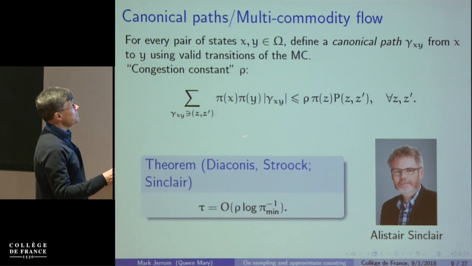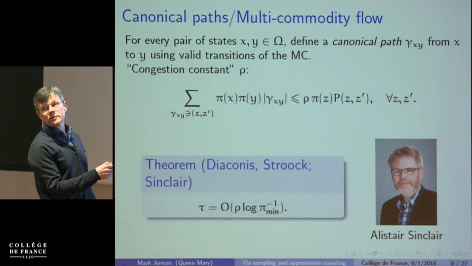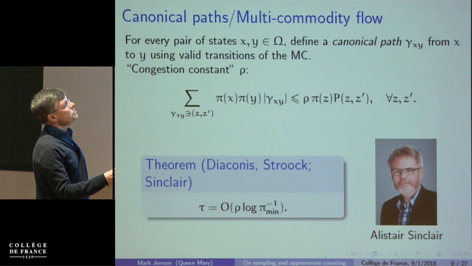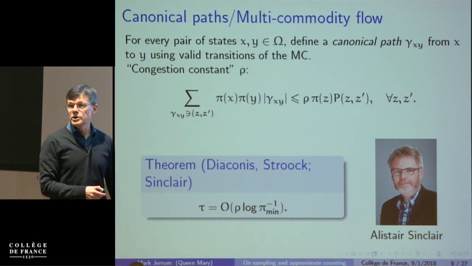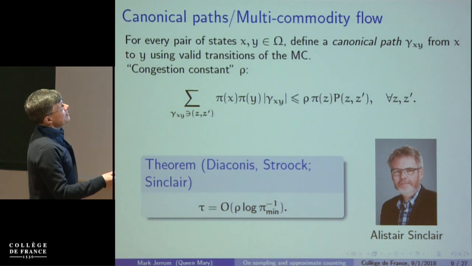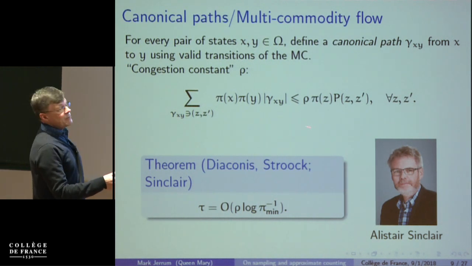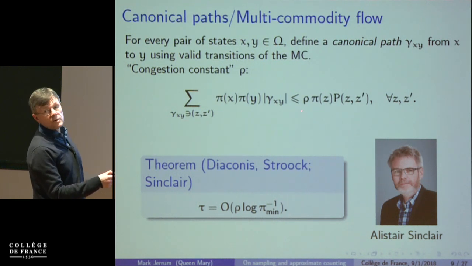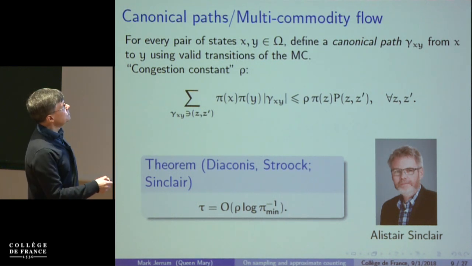So my left-hand side will be immense because it would have every canonical path. But my right-hand side will be quite small, so I'd need a massive rho to compensate, and that's bad. But it turns out that there is a much better choice than that, which avoids this problem, and we can make rho quite small for that particular example.